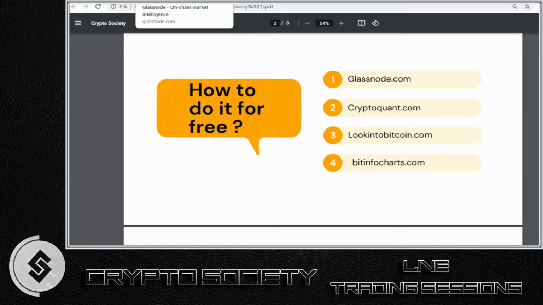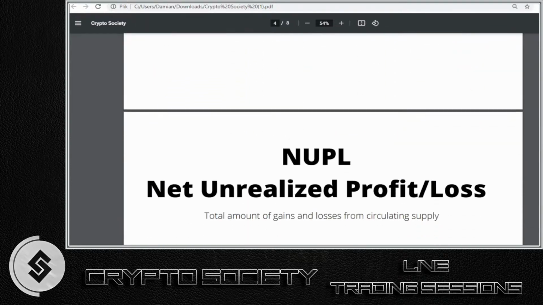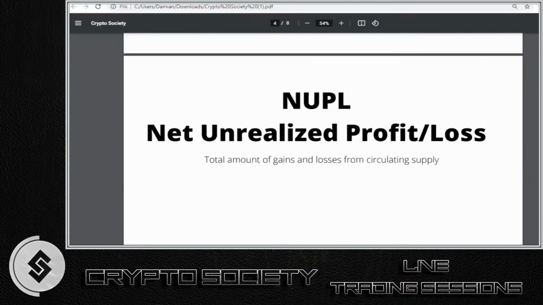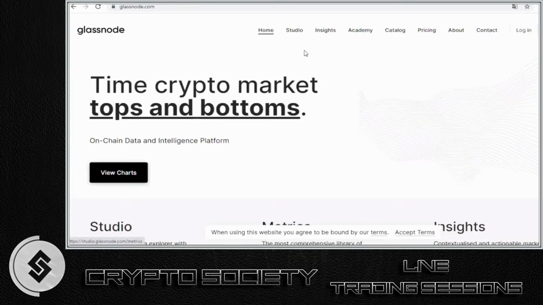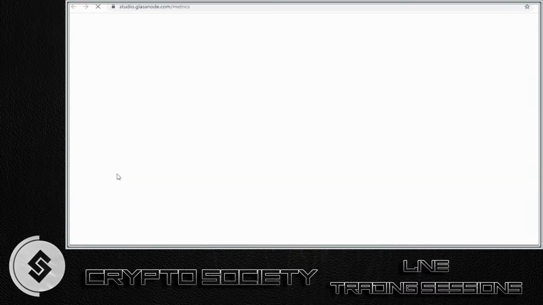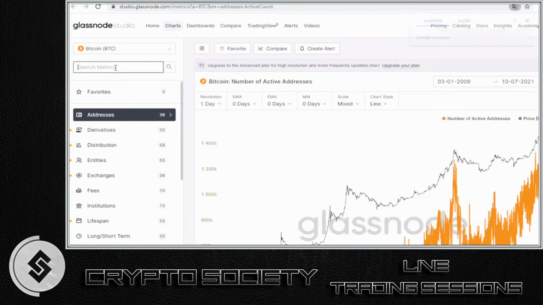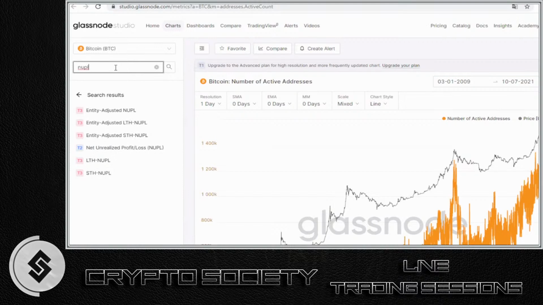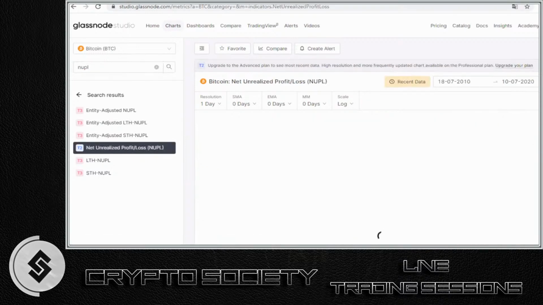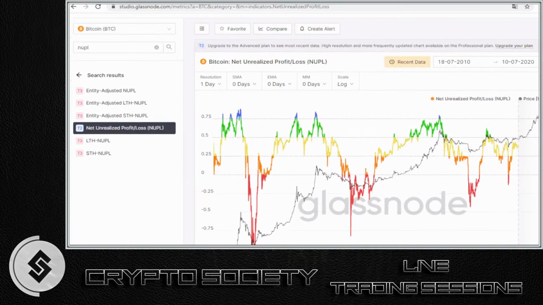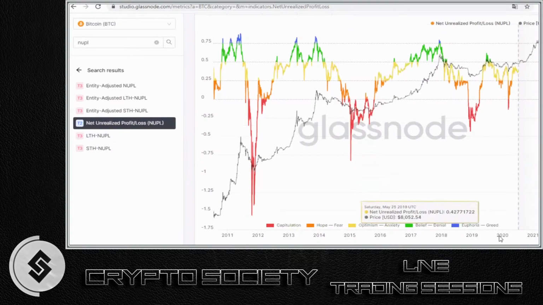So let's go to the first indicator. The first indicator is NUPL, the net unrealized profit and loss. It is the total amount of gains and losses from the circulating supply. You can find it on Glassnode. Let's go. Okay, as you see, it's a tier 2 indicator, so it's paid, but we have a free version with data